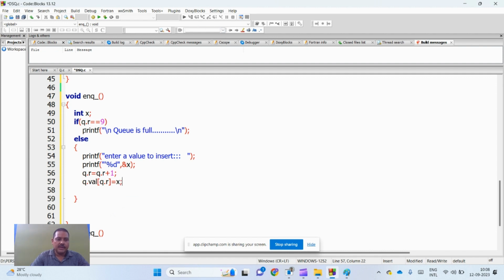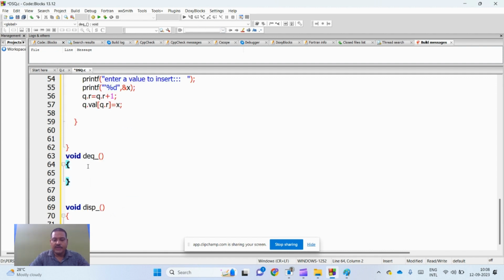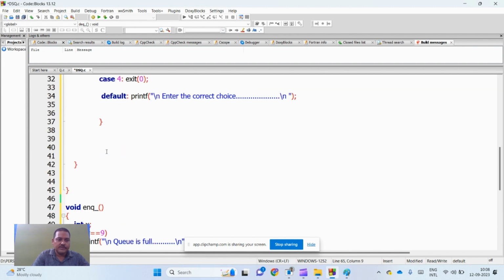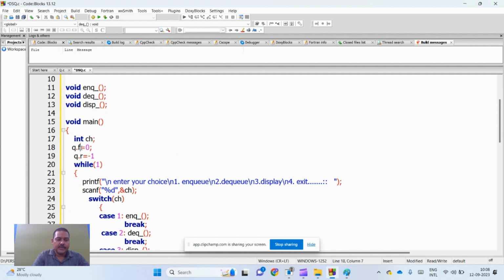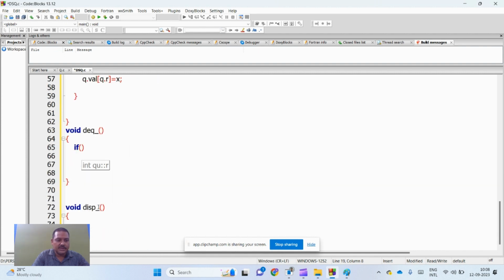This way we can enqueue the values. During dequeue, we can dequeue only when there is some element present in the list. So how will we check it? What is the condition? For example, r is declared as 0. If the front is greater than r, that means the queue is empty. If q.f is greater than q.r, then we can say